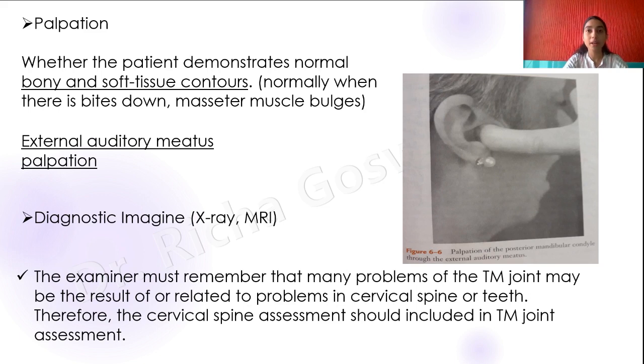To palpate the mandibular condyle, there are 2 types of palpation. You can palpate outside of the ear, but the most commonly used pattern is to insert your index finger in the external auditory meatus of the patient and give some pressure anteriorly. Here you can palpate the lateral condyle of the mandible, and with jaw movement you can also know the direction of movement of that mandibular condyle and compare both sides also.